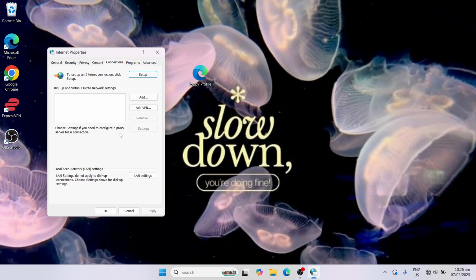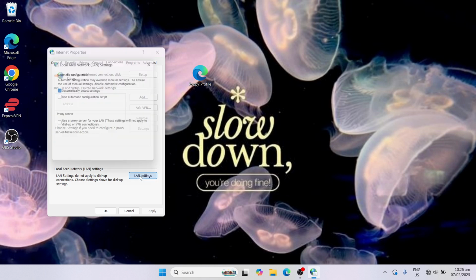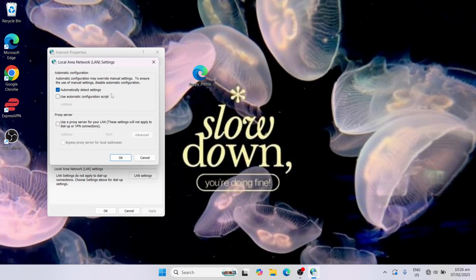And then here, if you face any slow internet, I mean, it takes a lot of time to browse a certain website, then go for this. Just go to LAN settings, and then here you need to make sure that use a proxy server for your LAN is unmarked, and make sure that automatically detect settings is marked, and then click on OK,